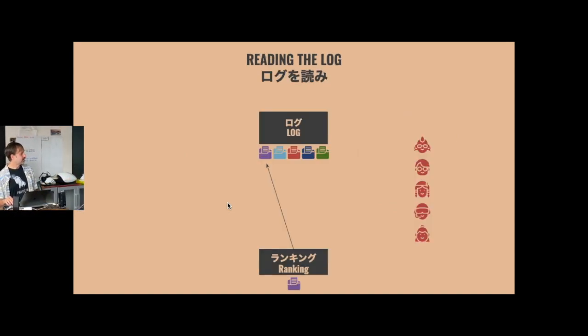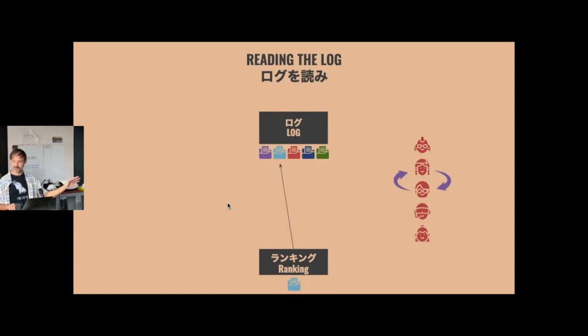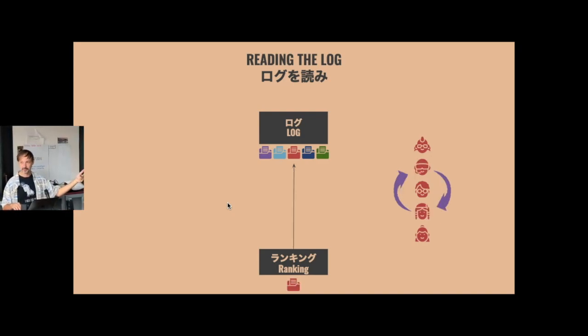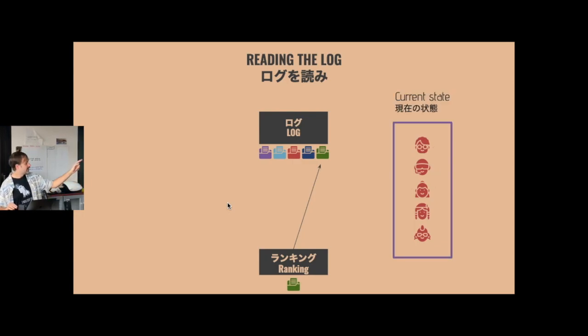For example, when we read the log, our ranking service will start from the first event, and it will track the last thing that it saw. So it knows, okay, I read the first event, I have created what I see as our leaderboard, and I'm going to keep track of the last thing that I saw. And as it steps through, it will update its view of the world. Oh, after this game, these 2 players swapped. And so on, and so on, and so on, until it gets all caught up. This is now our current state. This is our leaderboard that we've created by stepping through each of these events one by one.